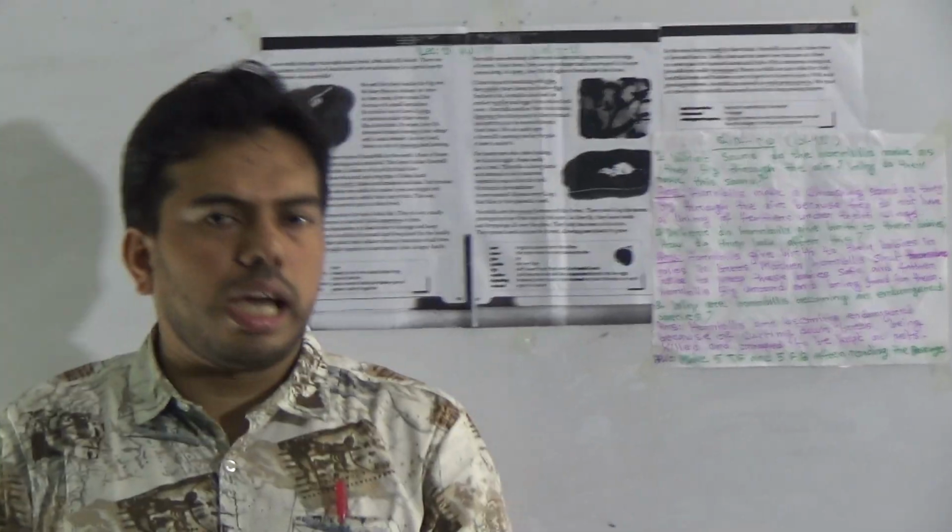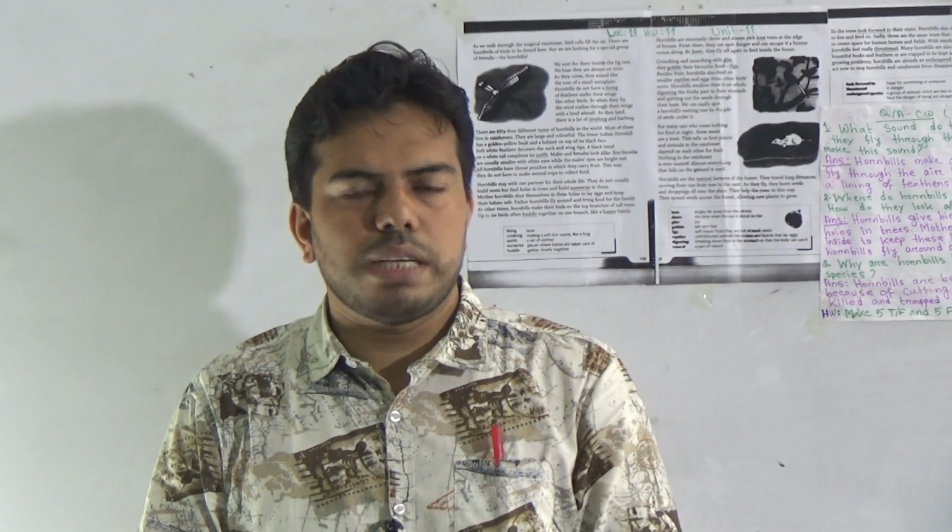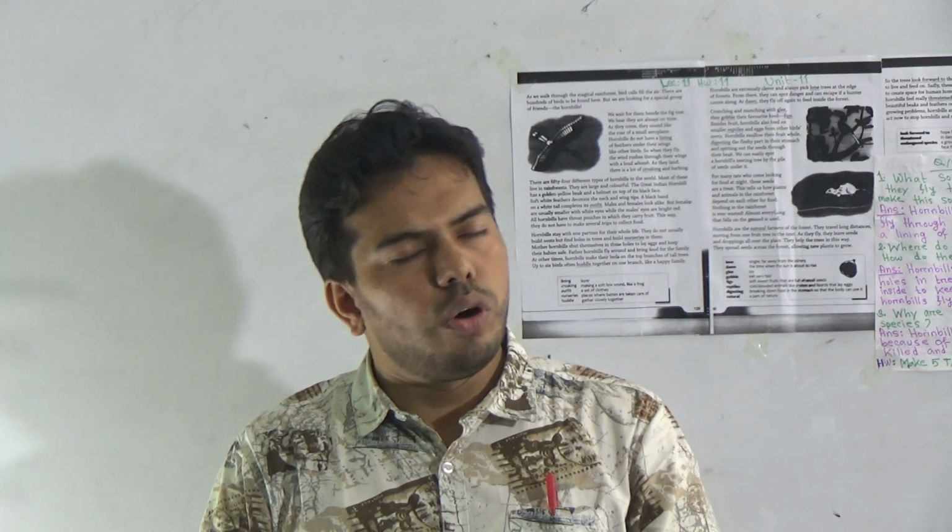So, my beloved students, I hope you have got the idea about hornbills. They are birds with very special features. They have a long, down-curved bill, and at the top of their bill they have another part like a helmet. They like to stay with one partner forever, and they also like to go around with a small group of their family,